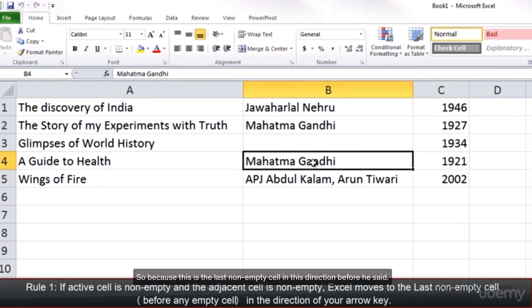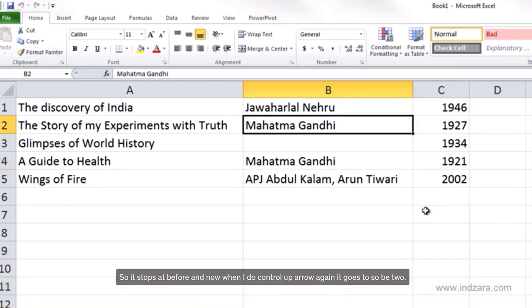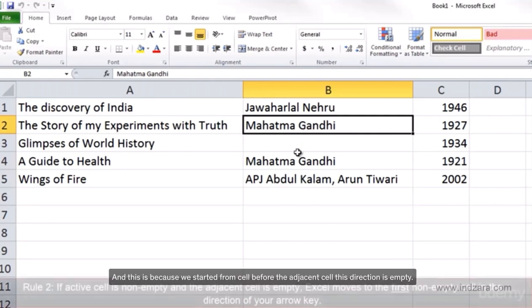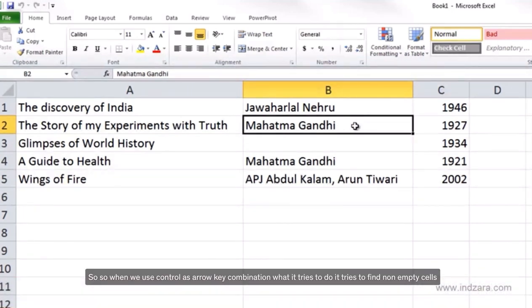So because this is the last non-empty cell in this direction before an empty cell, it stops at B4. And now when I do control up arrow again, it goes to cell B2. This is because we started from cell B4. The adjacent cell in this direction is empty, so it jumps over that to the first non-empty cell in this direction. So Excel, when we use the control plus arrow key combination, tries to find